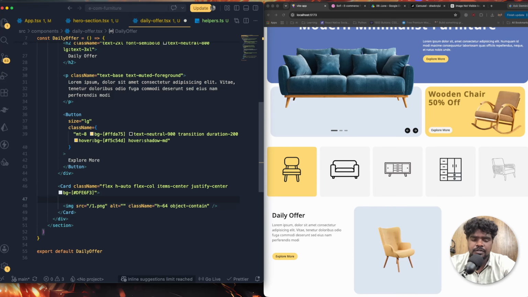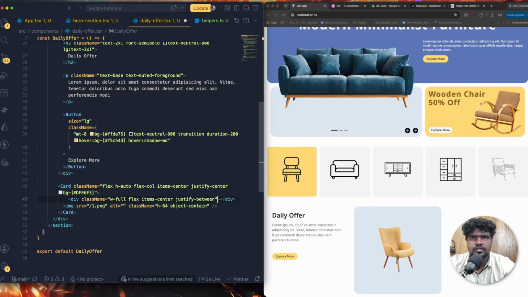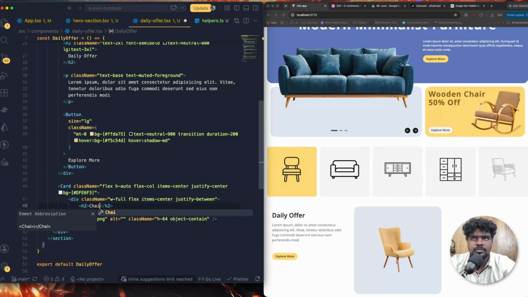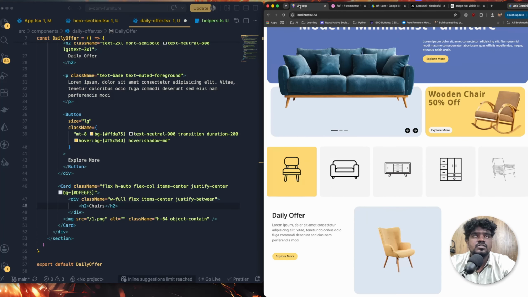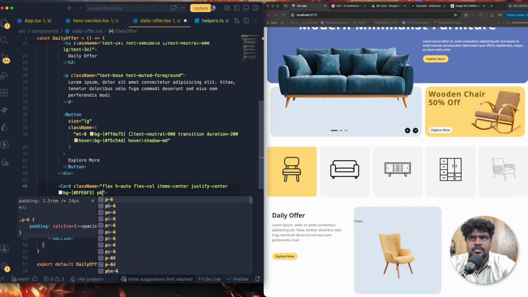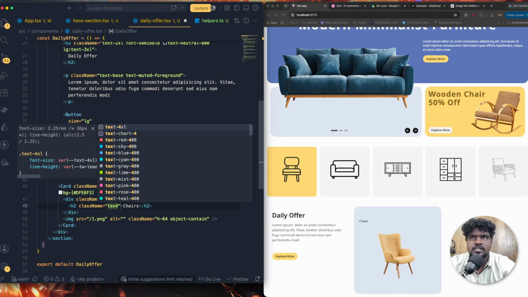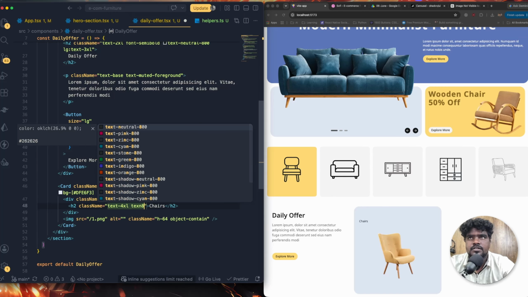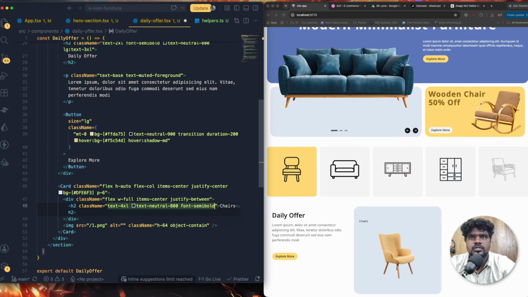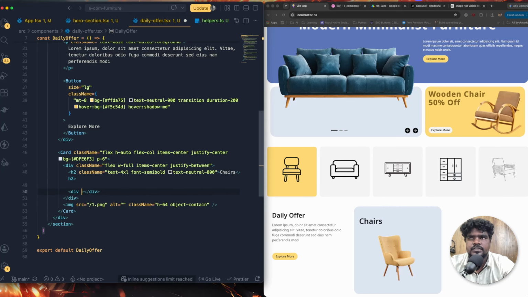Okay, then I'm just going to have a division, class name justify needs to be between, and an h2 tag that says Chairs. Save it. And padding is going to be 6. For the h2 tag, this is going to be text 4 pixel and text neutral 800 and font semi bold. That's how it looks. And right after here, I'm gonna create myself a div class name,